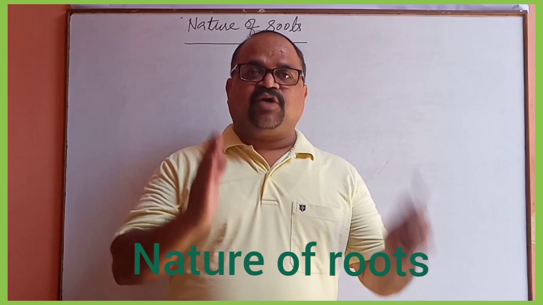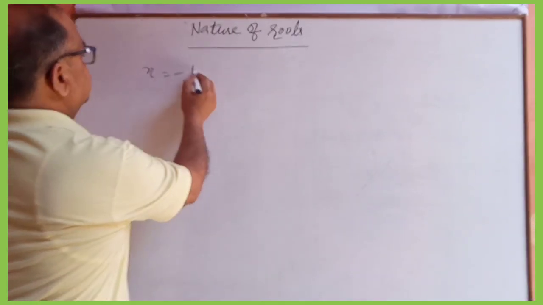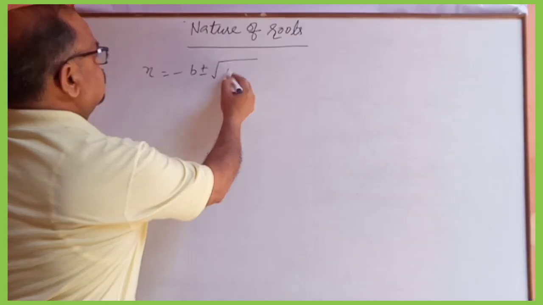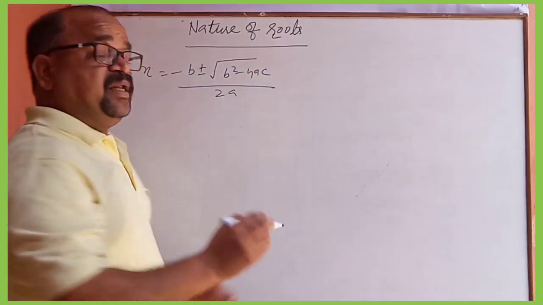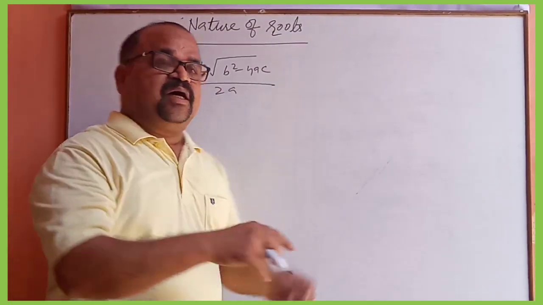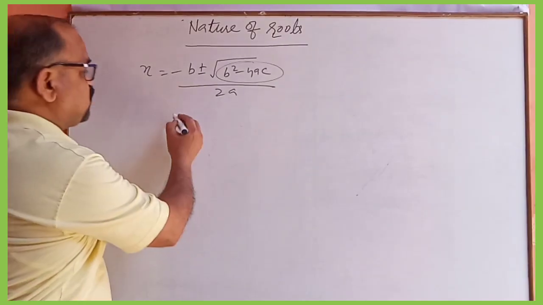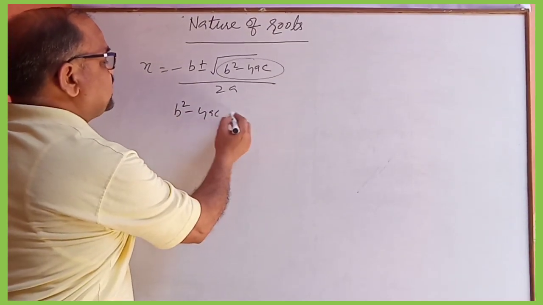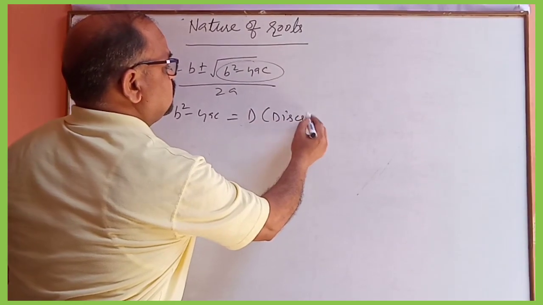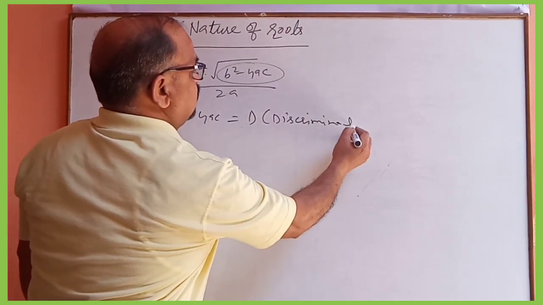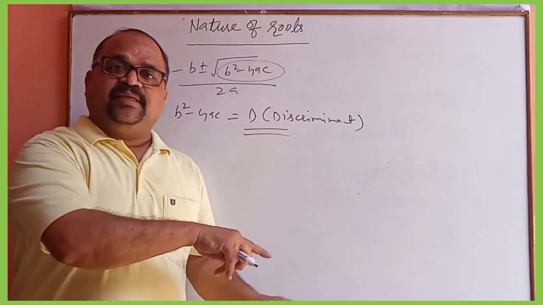You know the quadratic formula. The nature of roots depend on the value of this b square minus 4ac. This b square minus 4ac is D. D is the discriminant. The nature of roots depend on the value of D. If